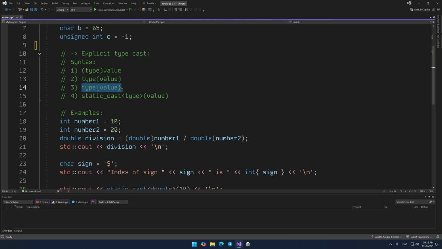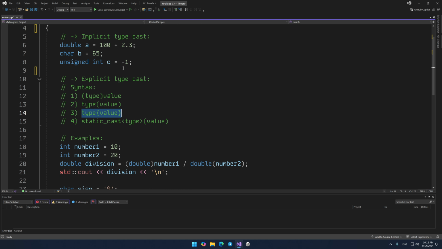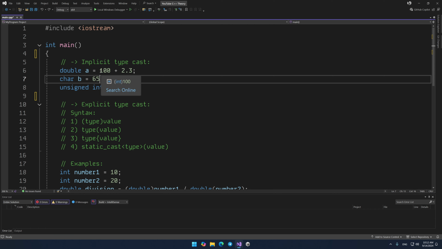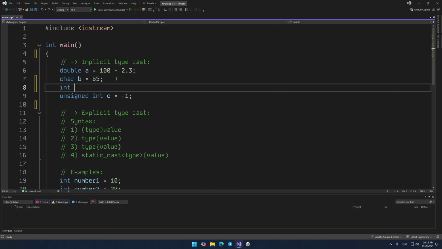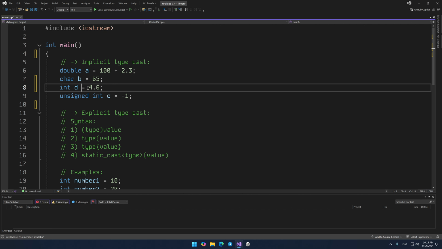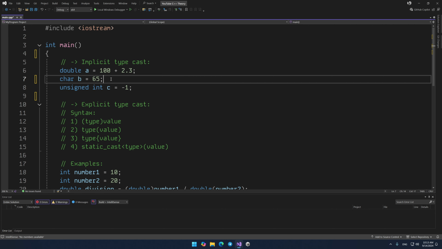How can this be unsafe? For example, implicit typecasting is considered unsafe typecast because the compiler can truncate the value in the process. For example, if we write a number here that doesn't fit into the range of the char type, the compiler will still convert it to char, but will cut off several bits of information so that the value fits into this type. Similarly, you can create an integer variable and write a decimal value to it. You already know that the compiler will discard the fractional part. This is the whole insecurity. You may not immediately notice how the information is lost, and then you'll spend a long time looking for the place of the error.